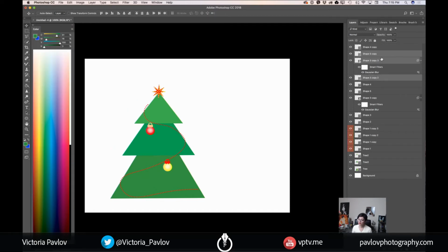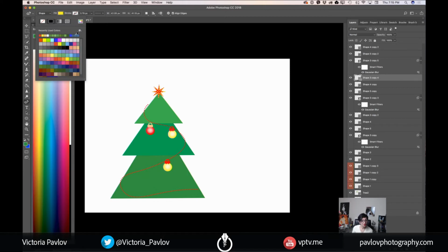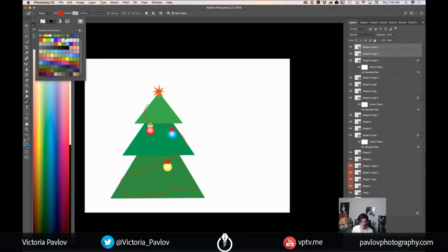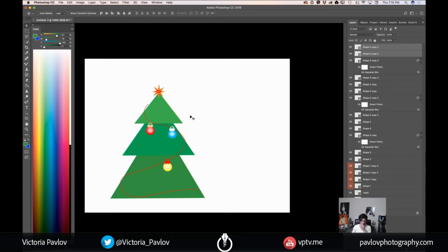Now I will duplicate one more time. I will move this ornament somewhere else, example here, just like that. And I would like to change a color one more time, and I will use blue color. Also those two, and voila. Definitely we can create more ornaments, but in that case I will need to spend more time,